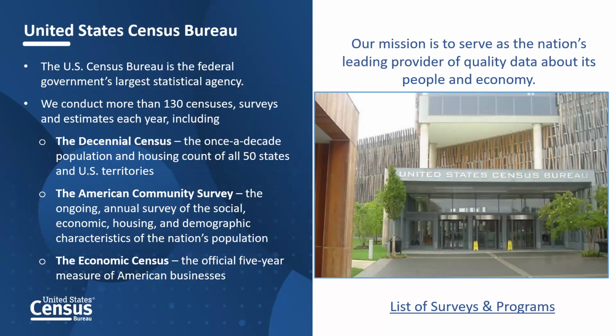In fact, last January, the 2022 economic census released the first look at the national level summary at the 2 to 3 digit NAICS codes, or North American Industry Classification System. And this past December, the Census Bureau released statistics at the state and other selected geographic levels, again at the detailed 2 to 6 NAICS and the 7 to 8 NAICS base codes. I know that's a lot to digest, but we just want you to understand that we are more than the decennial census, much more.